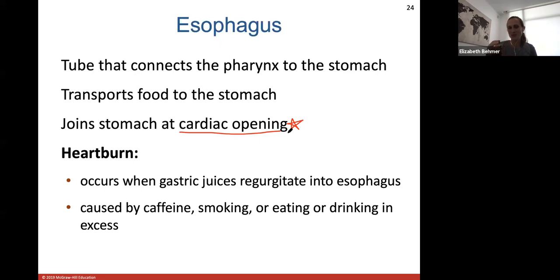So heartburn can occur when some of the juices in your stomach regurgitate back into the esophagus. Heartburn can be caused by a variety of different things. Some people think it's even genetic, because the sphincter doesn't close all the way. It might be something you can't control, but other things that can cause it are caffeine, smoking, eating, or drinking